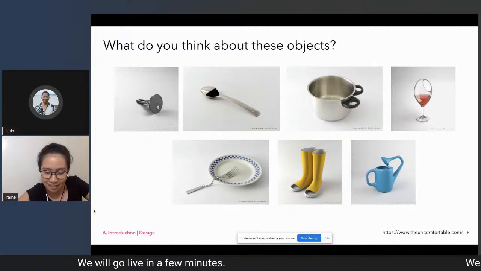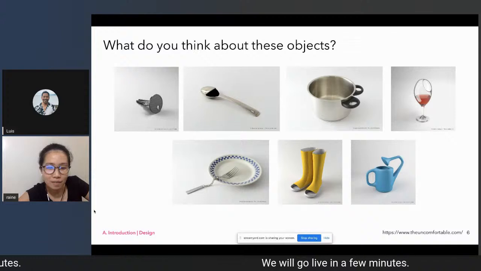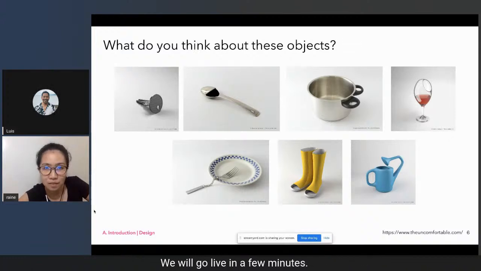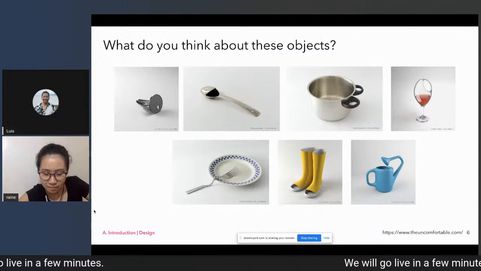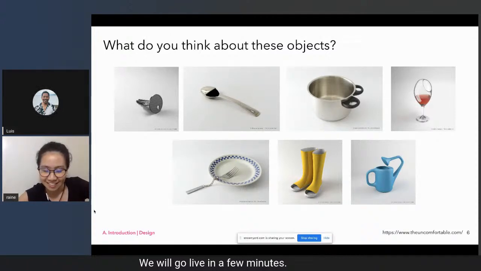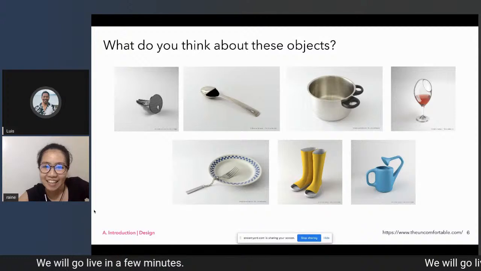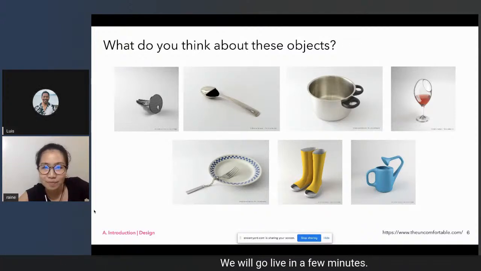We can also get your interactions with the session by leaving a comment. So I think we'll give away some exciting prizes as well. So we have one comment here. Let's wait for a few more.